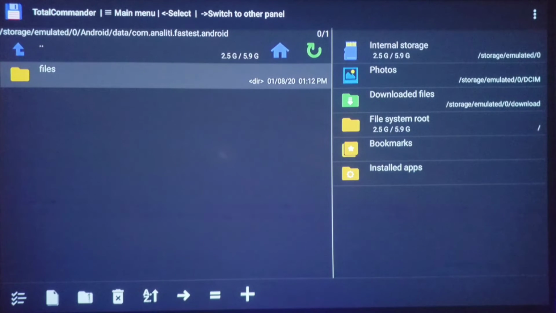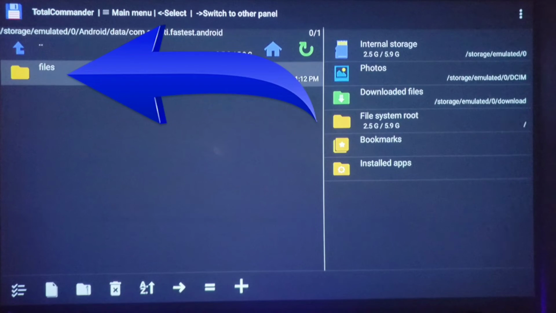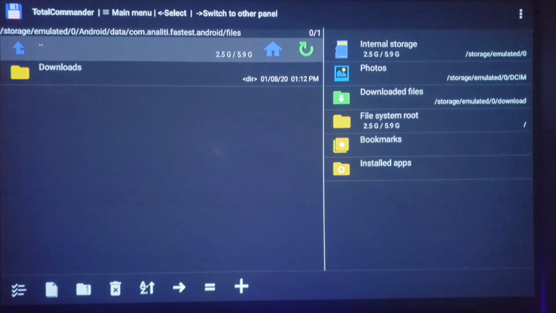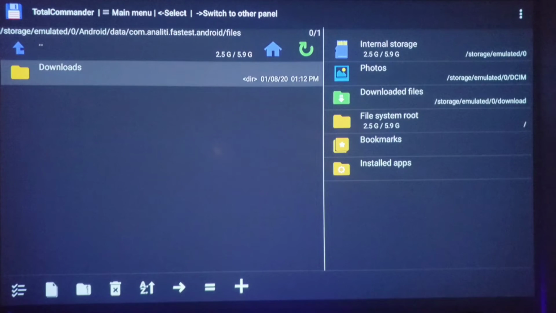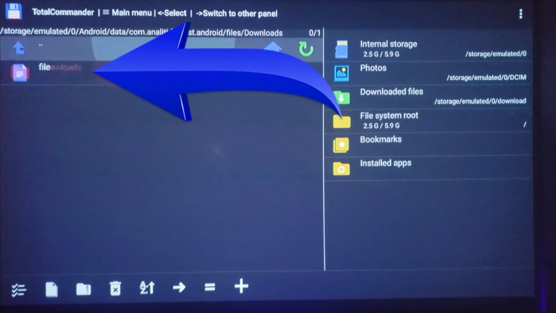So we're going to click on that folder to open it up to see what's inside. Sure enough, there's a folder named Files. This folder contains all the files pertaining to Analiti. Now we click on that folder, and this time there is another folder called Downloads. So we're going to go ahead and click on the Downloads folder, open the Download folder, and we'll see a